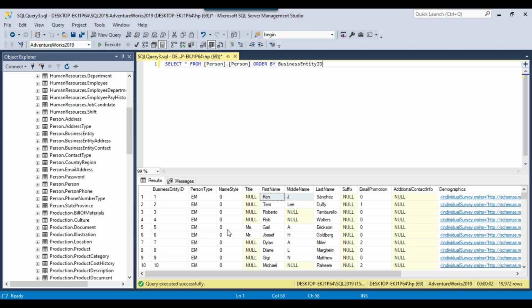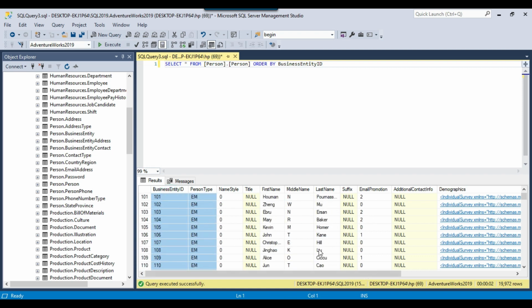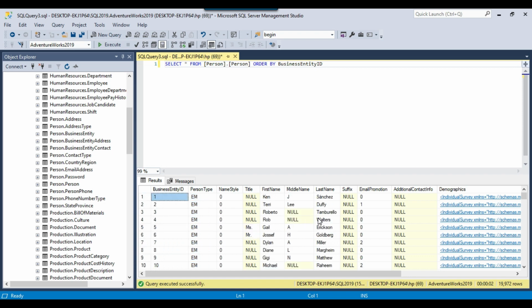When the page loads, it will display the first 10 records, and if a person selects next, it will display the next 10 rows and so on. Or maybe you can select 20 rows, or whatever number you think will suit your page, and display those rows on the website. Offset and fetch keywords are used to implement paging in SQL Server. What offset does is skip records, whatever number of records you want to skip. Suppose I want to skip the first 10 records, then I need to write OFFSET 10 ROWS.